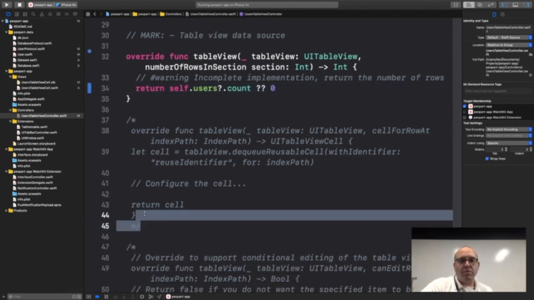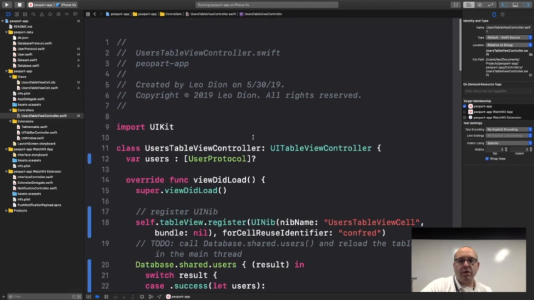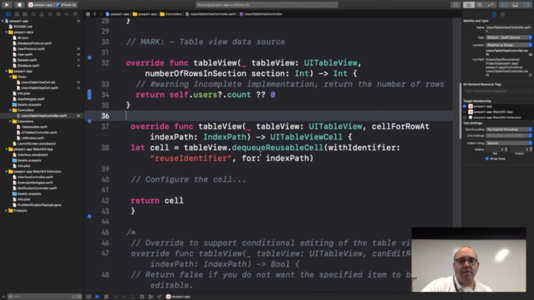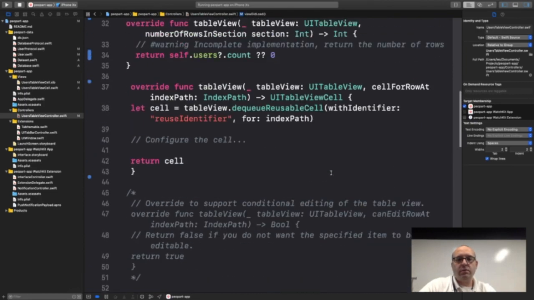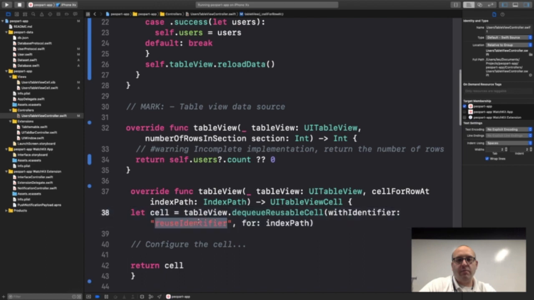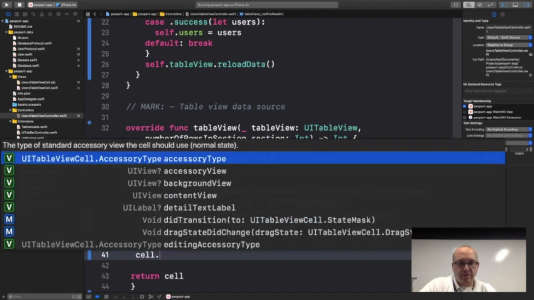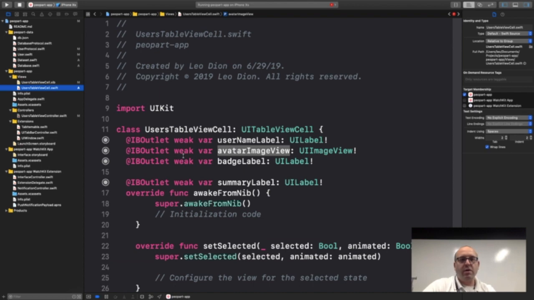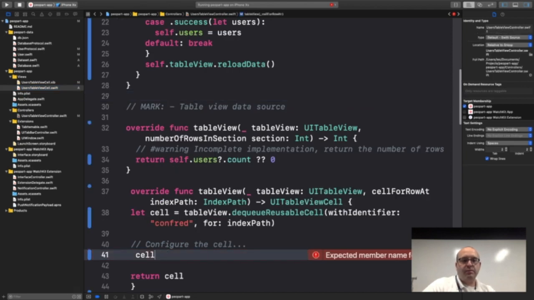And now comes the part where we actually draw the cells. We're going to use our reuse identifier to grab our cell called confred, the wonderful name. We have a cell, but you'll notice our cell does not have any of the properties that we had set up. Let's go back here. Here are our properties that we had set up that connected to our interface. The reason being is that cell